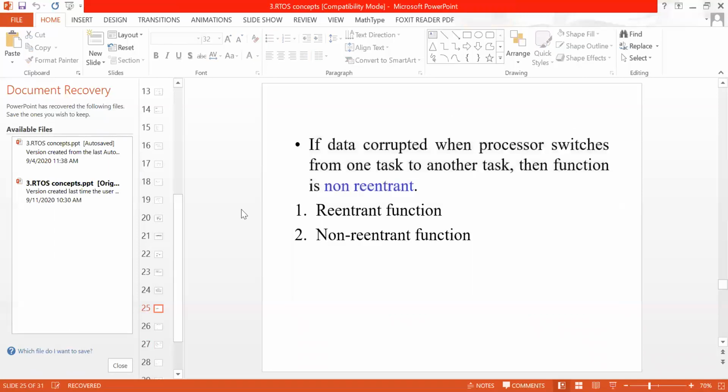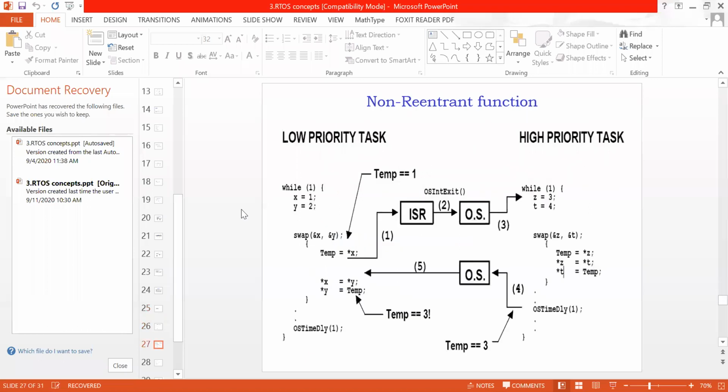Whenever we switch from one function to another, or from one task to another, it is expected that our data should not be corrupted. Both tasks should give the correct output.